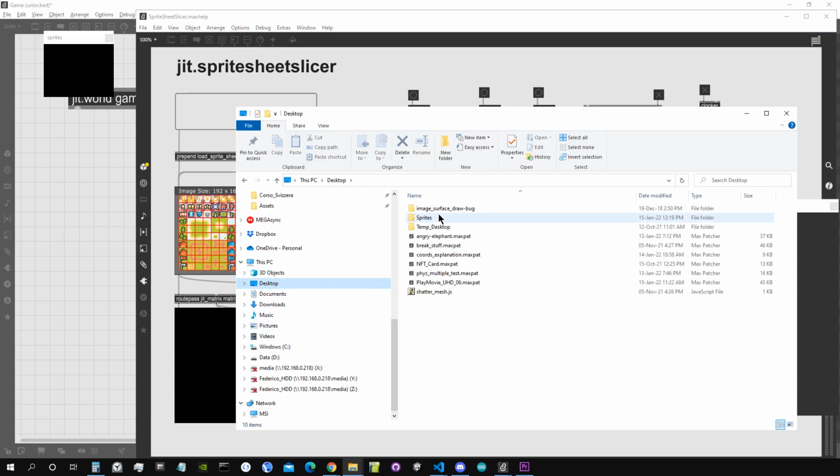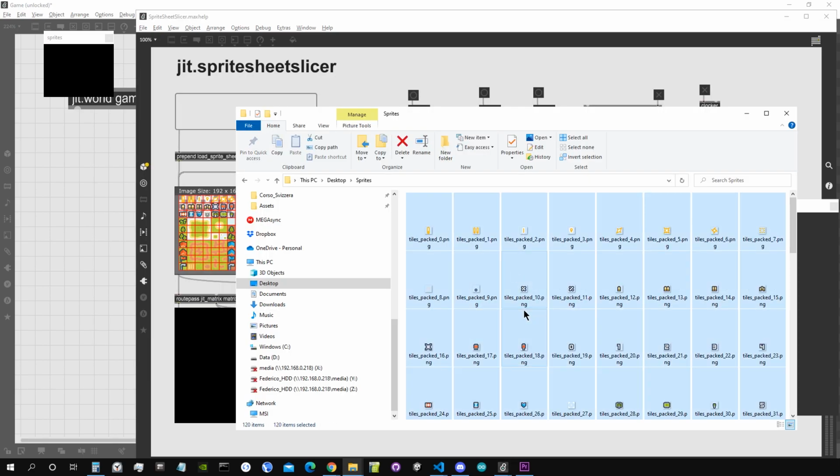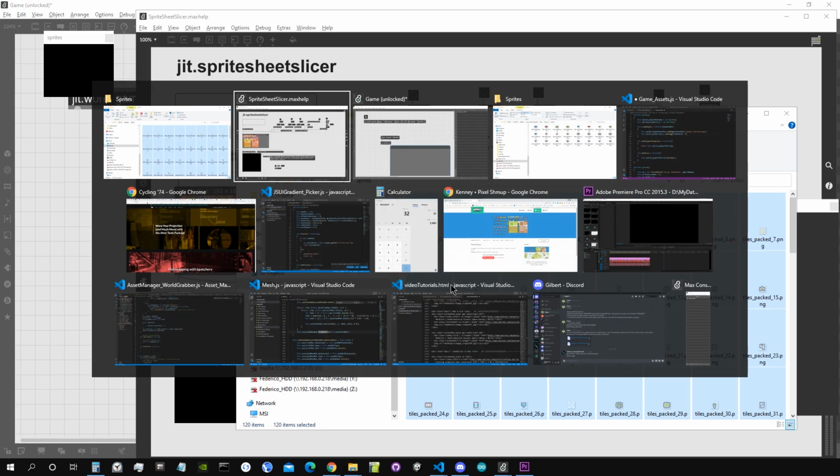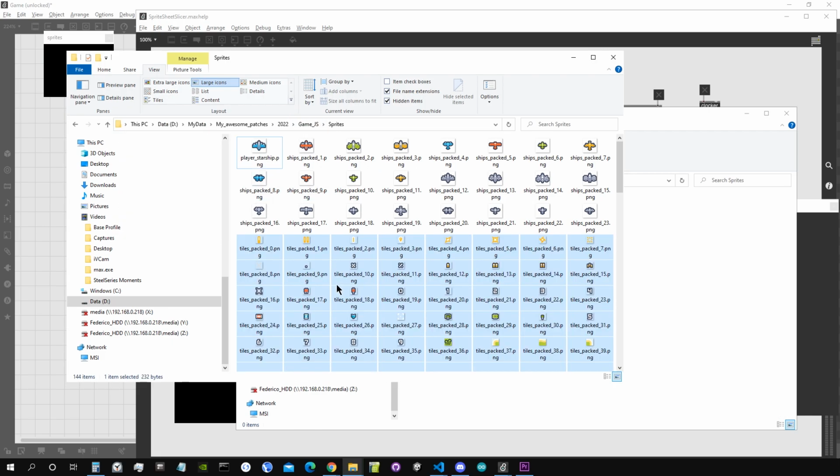Going to the desktop sprites. Folder is empty, didn't export them. There they are. I'm going to copy them, actually Ctrl-X them. Go into the sprite folder inside my project, paste them here. There they are. Okay, good. So the file that we want to have is this one here, tiles packed 12. I'm just going to call it